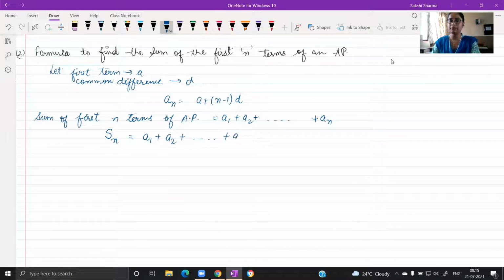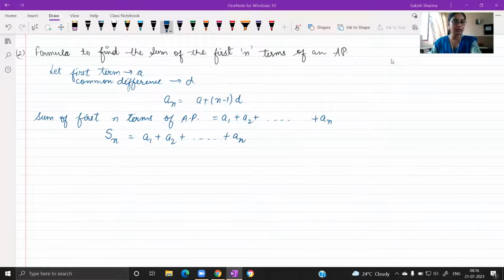Now, if you check your textbook, when they have done this derivation, on the left hand side they have not used the subscript. So you can avoid using the subscript. S will represent the sum itself for said n terms, first n terms. So if you don't use it, that's completely fine. That just makes our work easier because later on we will be working with two equations. That's completely fine in case you don't use it.